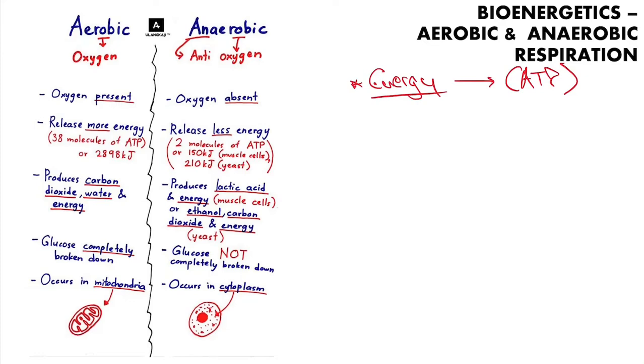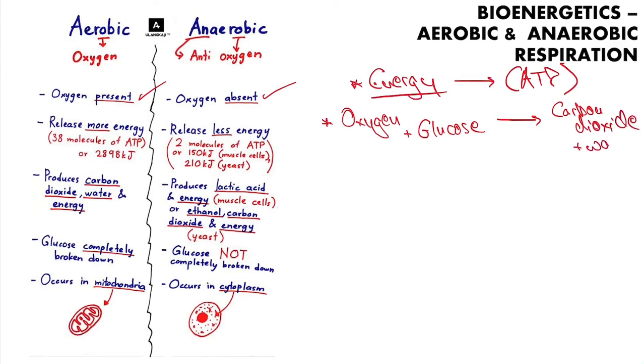Now, comparing the two forms, the first thing to bear in mind is that aerobic respiration is when oxygen is used to do this, whereas anaerobic respiration doesn't require oxygen. So you might see them written as word equations or chemical equations. So your aerobic respiration equation is oxygen plus glucose produces energy and carbon dioxide and water, whereas